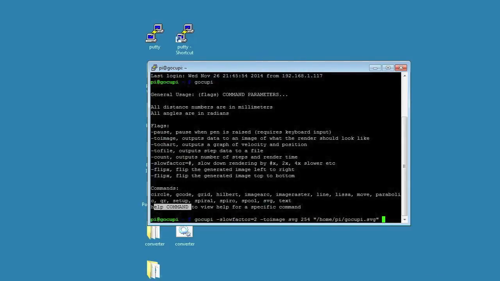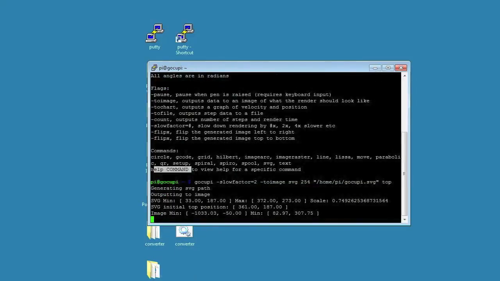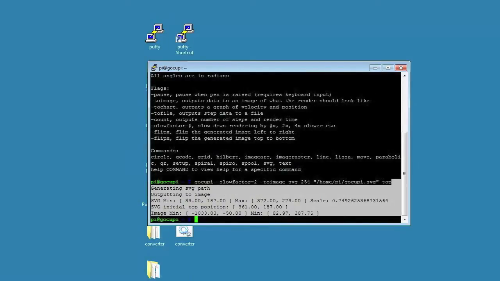Now box will highlight a box by going around the entirety of the drawing, and it'll outline the drawing space, and then it will continue from, I believe, whatever it's closest to when it finishes the square, but I can't recall. So I'm going to do this from top. So we'll hit this, and this is what it spits out whenever it generates the SVG path.